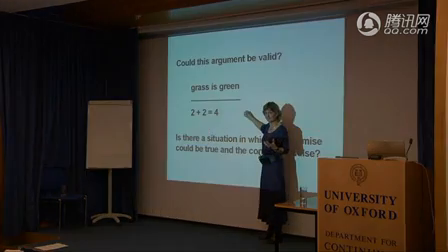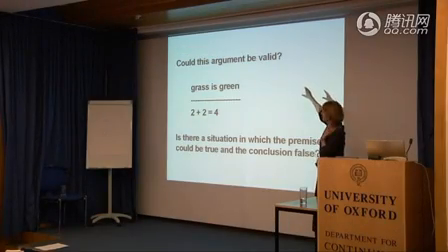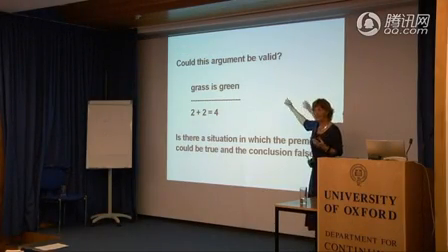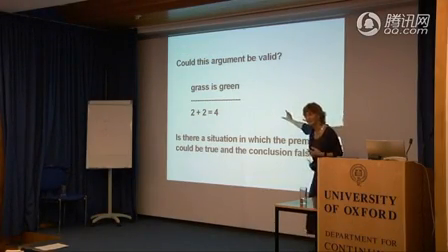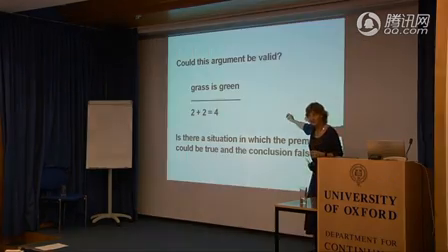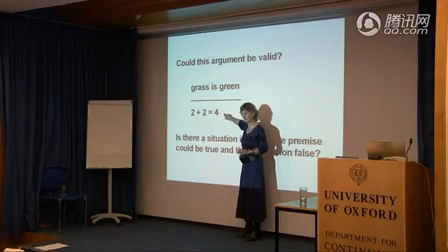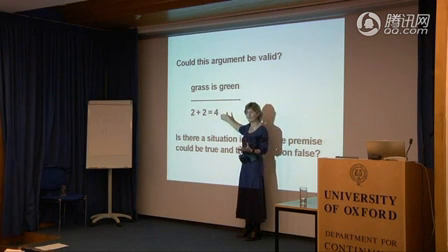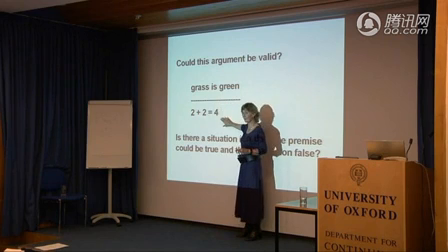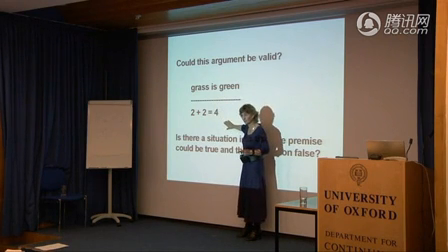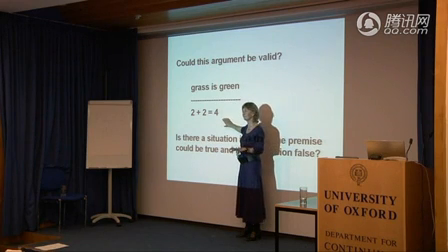See what I mean? Could this argument be valid? Answer, yes. Actually, as a matter of fact, this argument must be valid. Can anyone tell me why it must be valid rather than just could be valid? That can never be false. That's necessarily true, isn't it? Given that that's necessarily true, how could there be a possible situation in which that's true and that's false, given that that cannot be false? It's not just that it is false, it's that it can't be false.